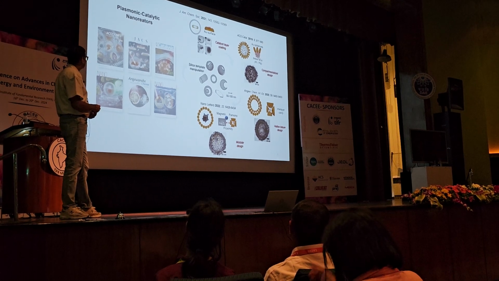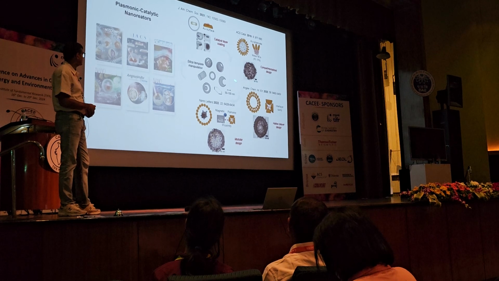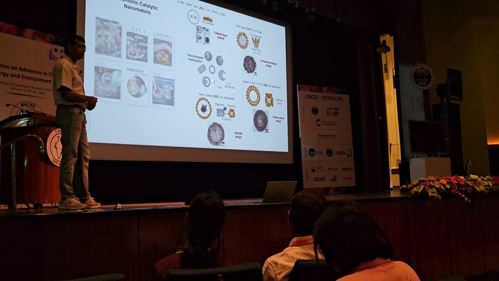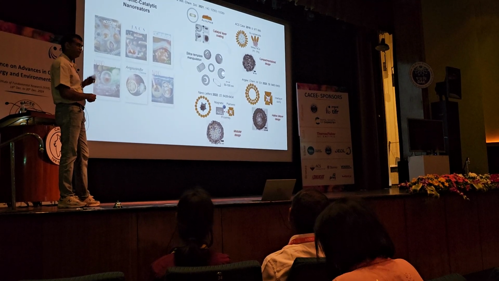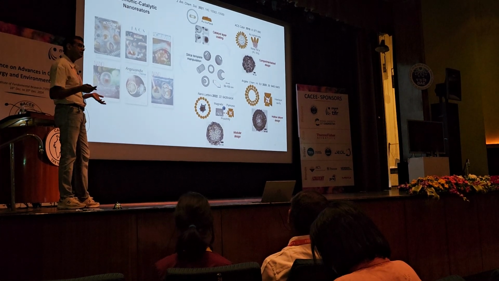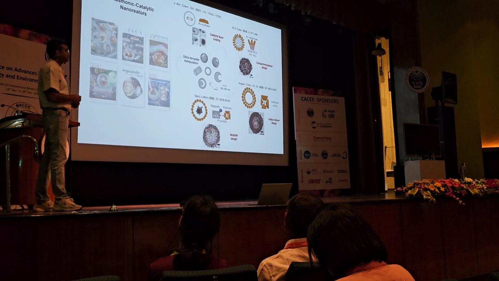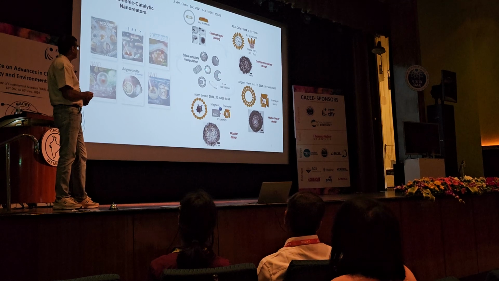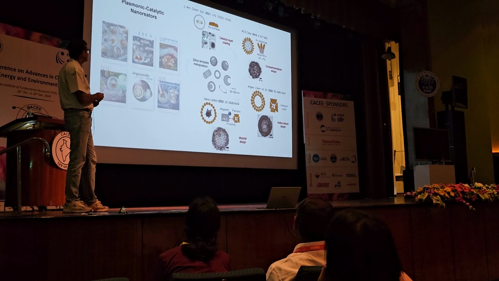So, as far as synthetic strategies are concerned towards plasmonic catalytic nanoreactors, we use silica templates of different sizes, shapes, and porosity, because now sol-gel chemistry is mature enough that you can synthesize these templates in very high yields and with size and porosity homogeneity. And then, using these templates, we try to control the nucleation and growth processes inside these silica templates or around them to make these kinds of diverse nanostructures.